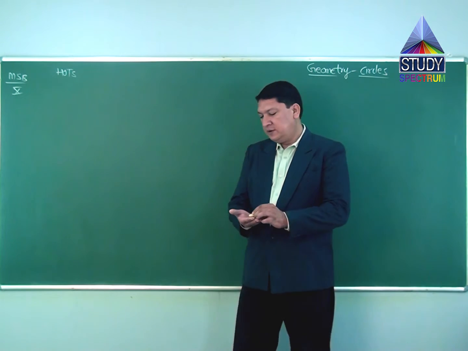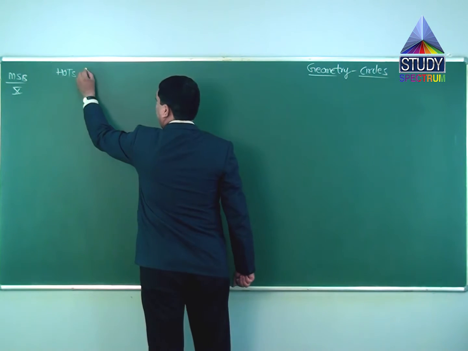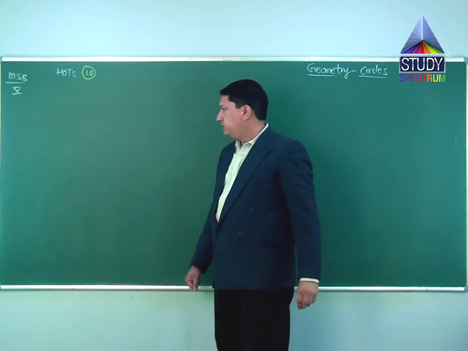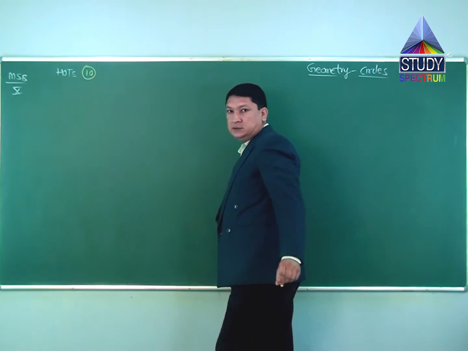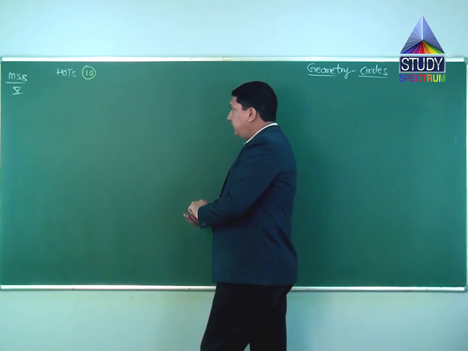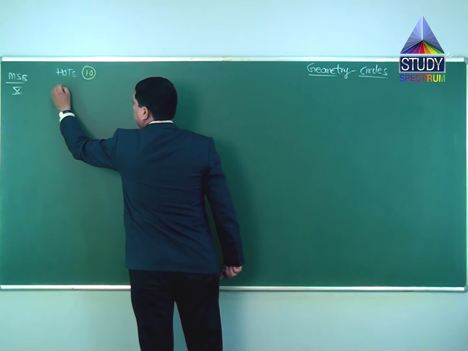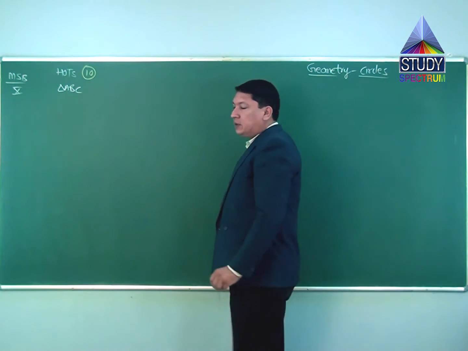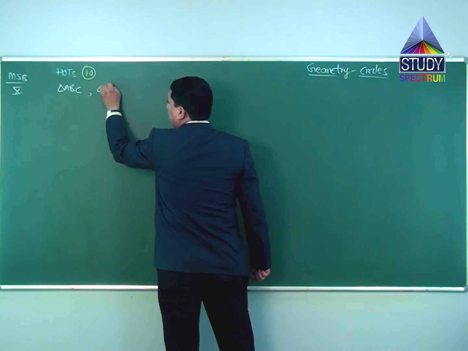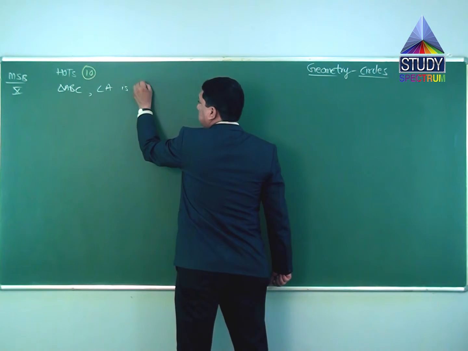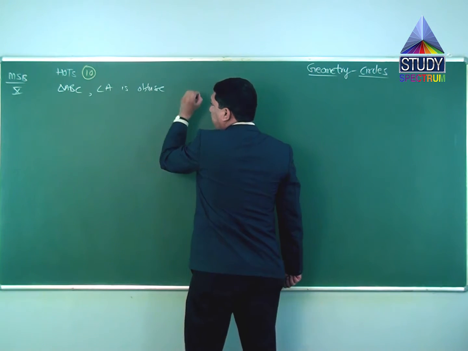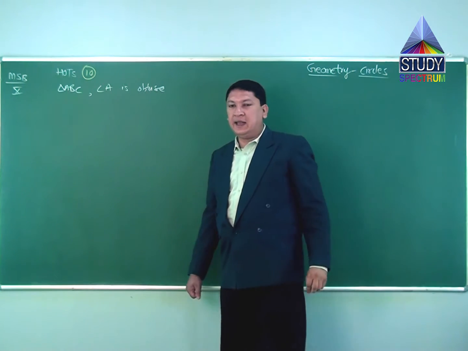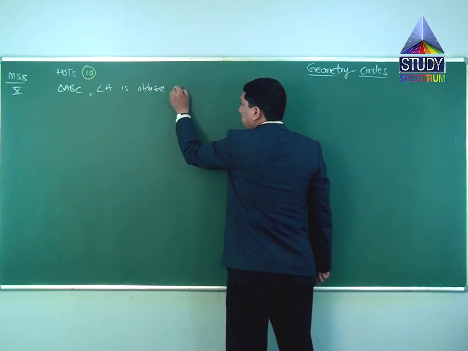Question number 10, problem set. Sorry, again it's hot. Question number 10. So we'll start with 10, sir. Question is, in triangle ABC, angle A is obtuse. When we say obtuse, should be more than 90 degree. Angle A is obtuse. Then after that,